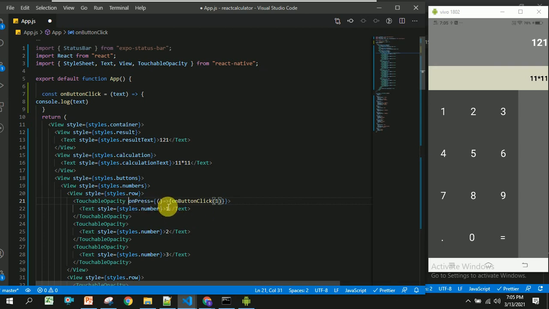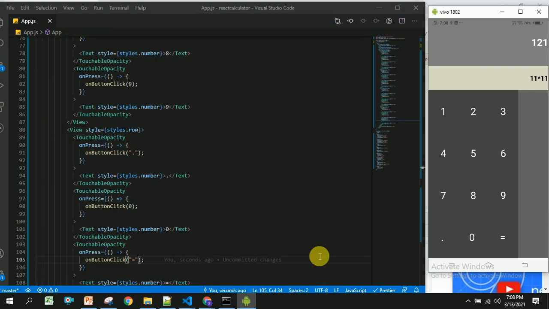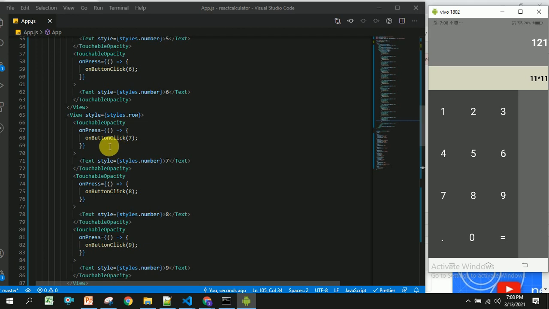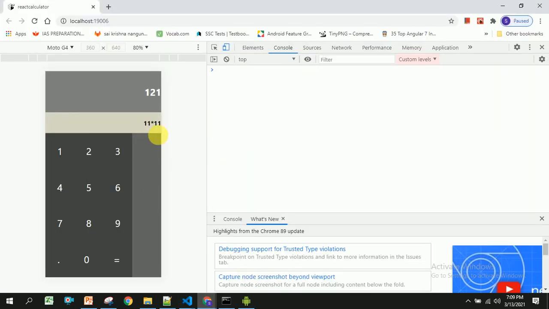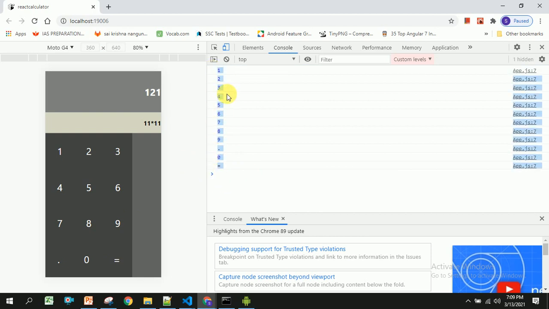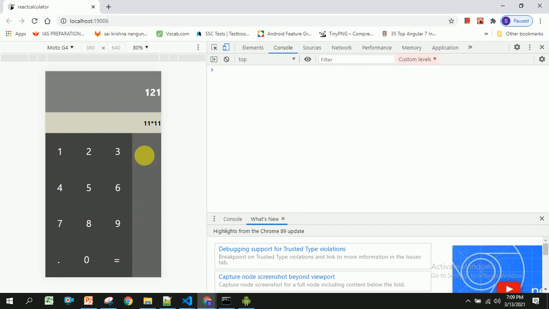I am going to copy the same thing for all the text. What I have done here is I have replaced all the ones in this button click with all the numbers with their respective text, and once the user clicks on this, I am going to log this inside this method. For this I have opened this in the browser, where you can see the exact UI. Once the user clicks on these numbers, you will be able to log the data clicked by the user. You can see we have got all the numbers the user has clicked. The next thing we are going to see is how to display these operators.